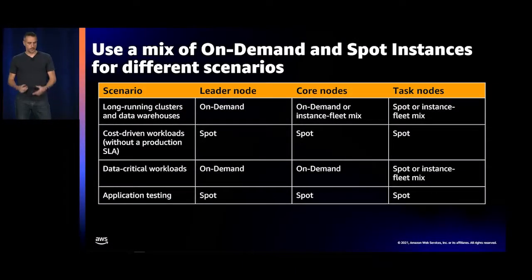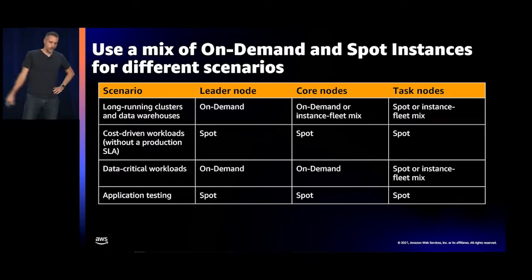This table is a good starting point if you don't know when to use Spot or not, and for which kind of workloads and which kind of node. Just a quick recap: the leader node is critical for the cluster. It contains all the metadata, so losing a leader node means you will break your cluster. Core nodes are generally important because this is where you place the critical components of your jobs, like the Spark driver, which contains the metadata. And task nodes are purely stateless nodes that you can use to scale out very easily and very quickly.